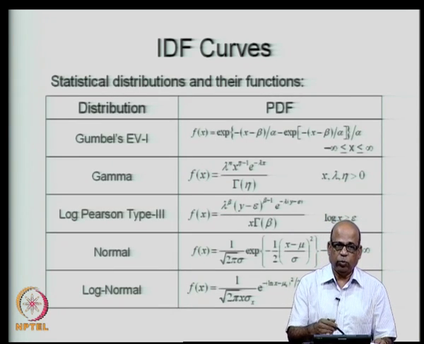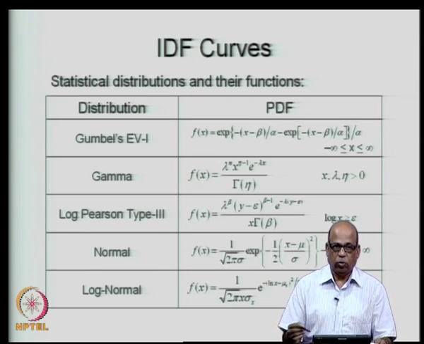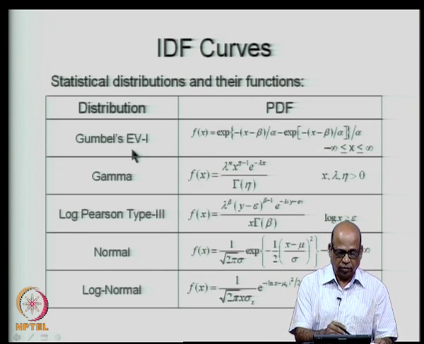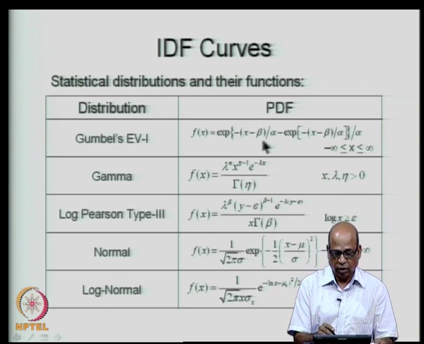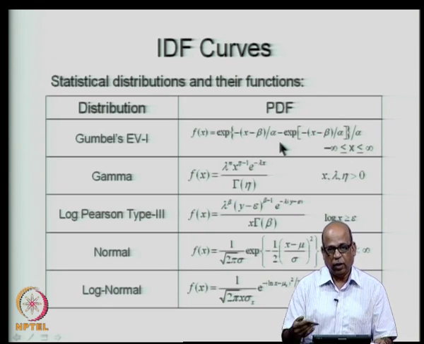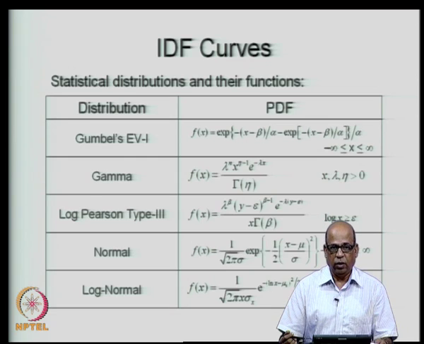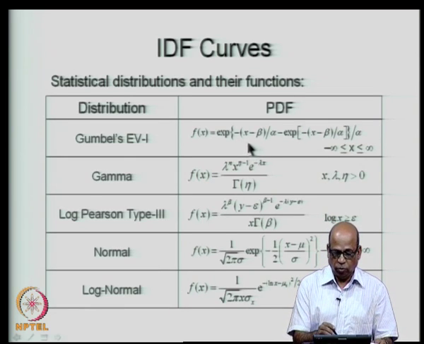Now, most of these distributions we have gone through earlier. Typically we use either the Gumbel's extreme value type 1 distribution, mostly when we are dealing with high intensities of rainfall, high peak floods and so on. The PDF is given by this, it has 2 parameters beta and alpha, and we know how to estimate them. I have given the expressions earlier for how to estimate alpha and beta, and we also use a